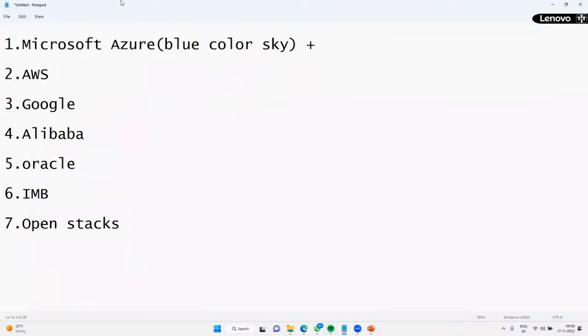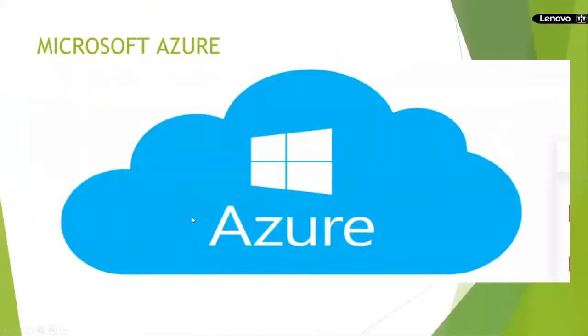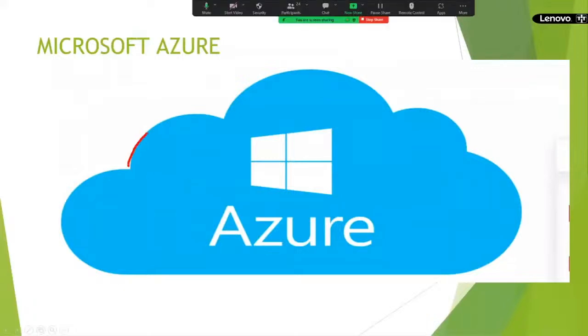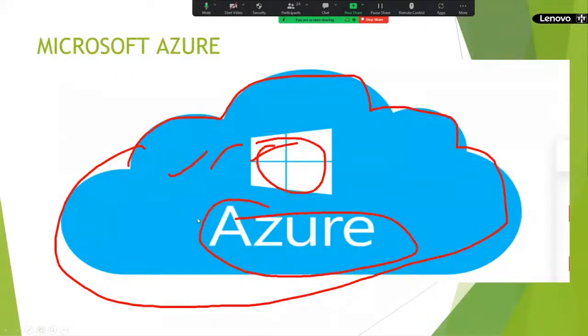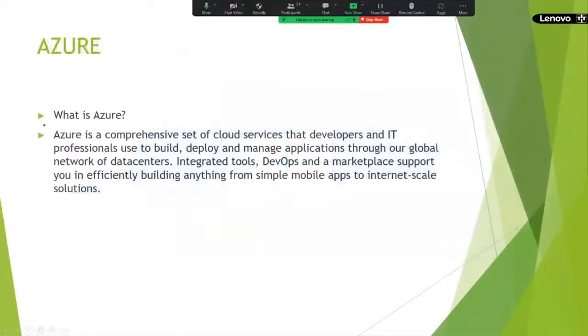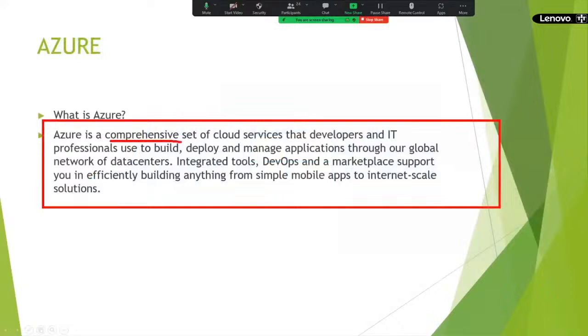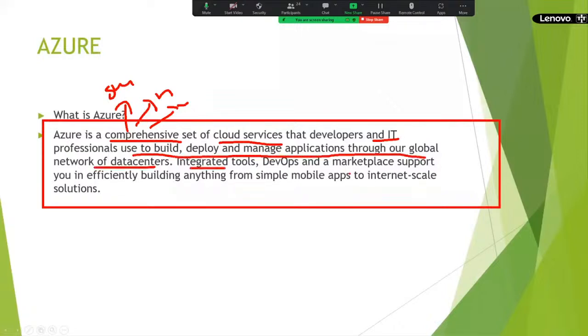What is Microsoft Azure? Earlier, the starting logo of Microsoft Azure was blue color, with the Windows symbol. Azure is a comprehensive set of cloud services, comprehensive in the sense of a group of enterprise features, where we can build, deploy, manage, and access applications through global network data centers.